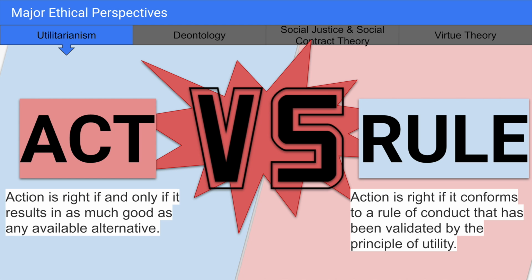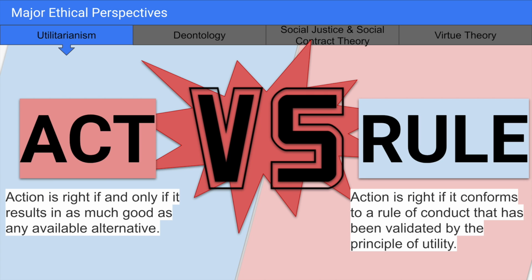There are two forms of utilitarianism: act utilitarianism and rule utilitarianism. Under act utilitarianism, each separate act must be assessed according to whether it maximizes pleasure or pain. So it asks, which action among various options will deliver the greatest good to society? Action is right if and only if it results in as much good as any available alternative. Utility in this regard means that the act or fact produces benefit, advantage, pleasure, good, or happiness, or it means that the act or fact prevents the happening of mischief, pain, evil, or unhappiness.